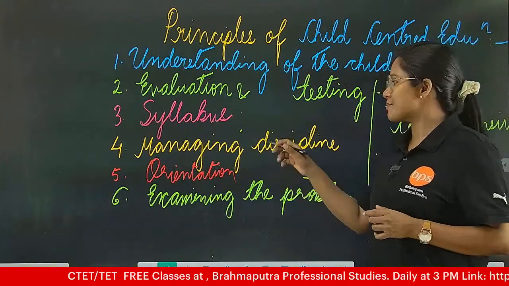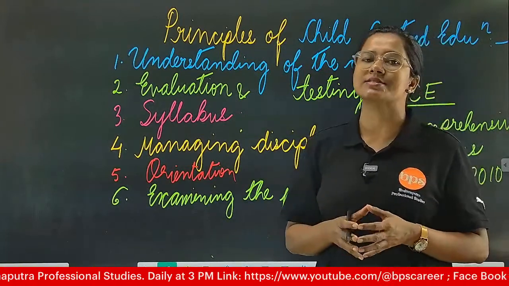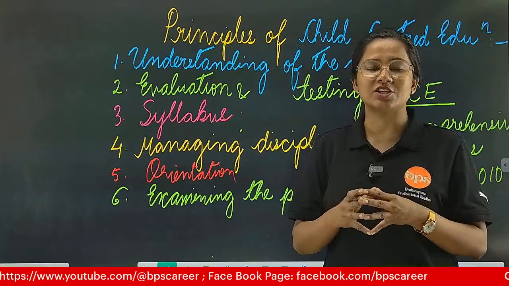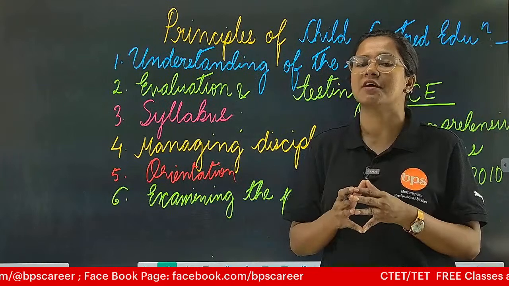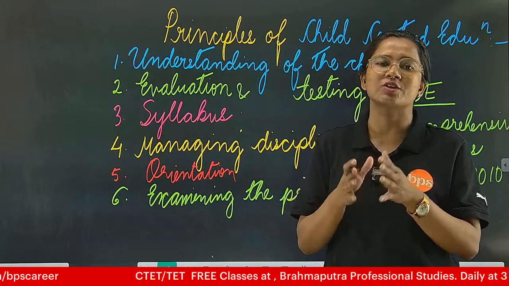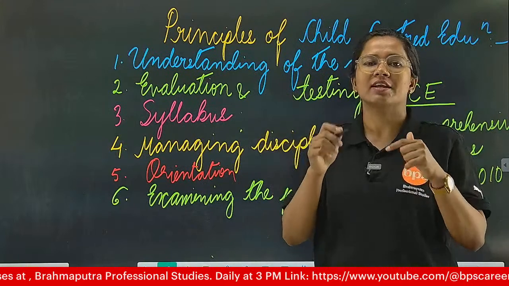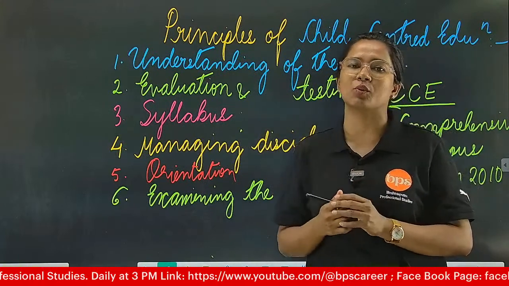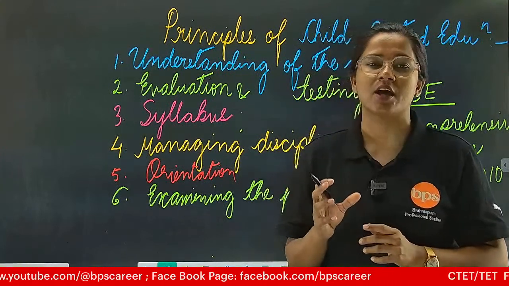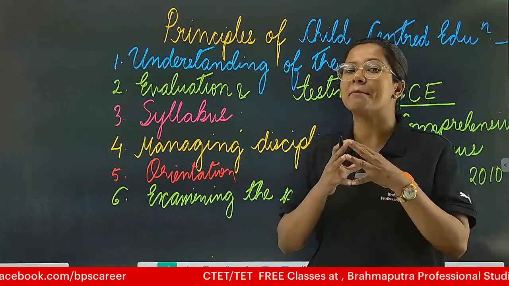Okay, the fourth one is managing discipline. So whenever you are conducting your class, it is very important that the class maintains discipline. So being a teacher, you should have the authoritative quality, or the kind of personality in which the student will understand you, and he or she will sit in a disciplined way, listen to you, and try to understand what you are teaching. So for that you should have a different kind of persona, or a unique persona, in which the student actually abides by you.